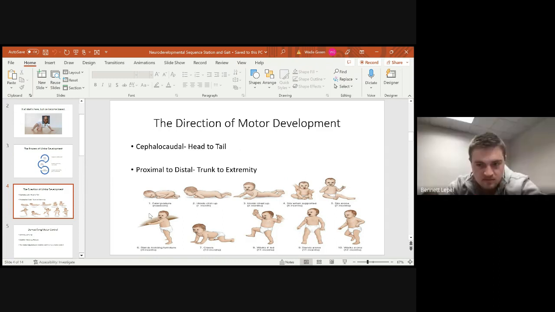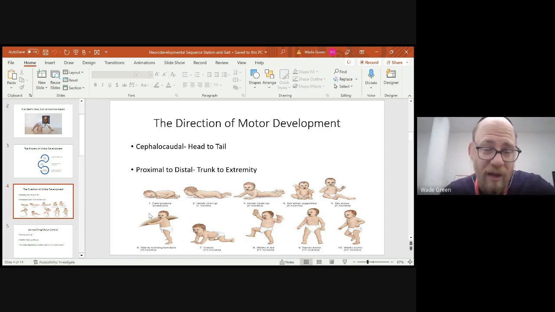The neck. Okay, neck, and even so, neck, torso, and if we look at number 3, we can even see how the vast majority of that baby's weight is being distributed through the pelvis. So the pelvis is actually in contact with the floor, right? And so